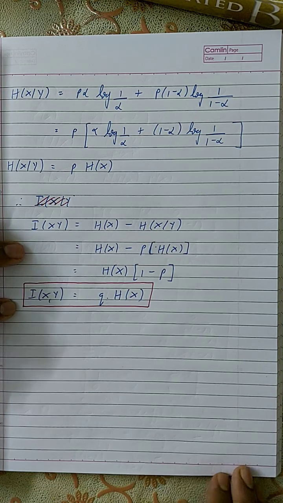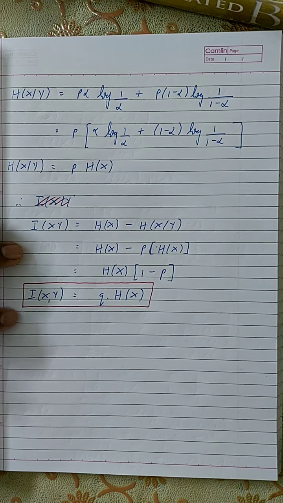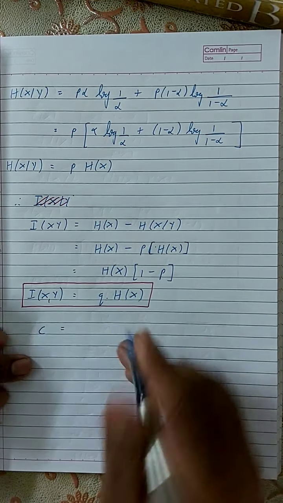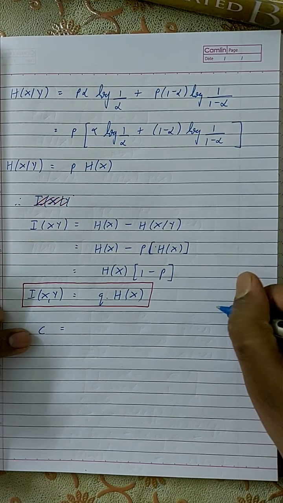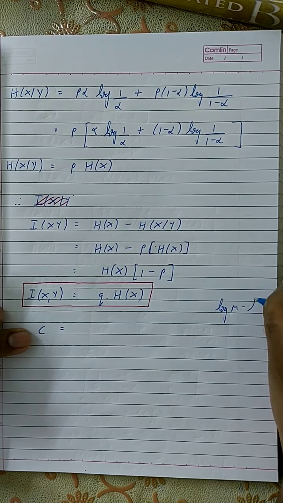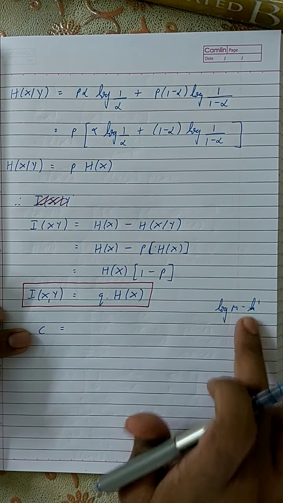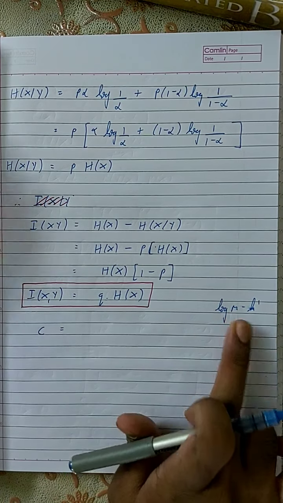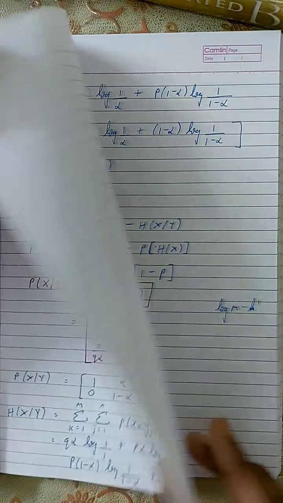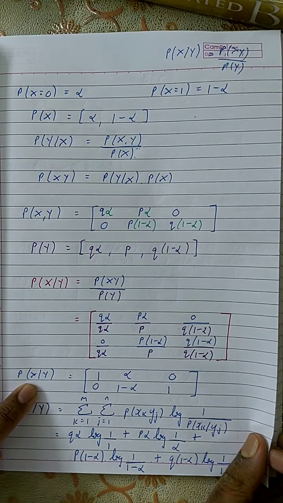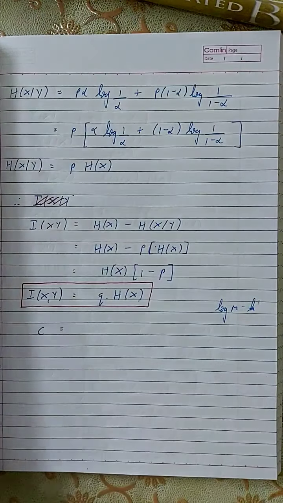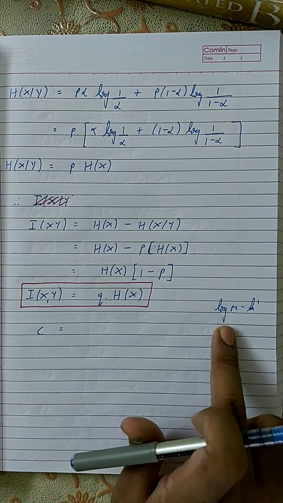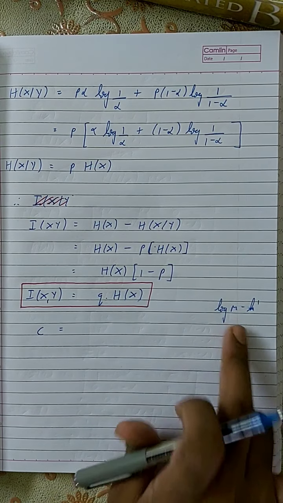So here this is the H(X). Now, how do we find the value of the channel capacity? We know the equation for channel capacity, but to find it, you cannot use the equation log m minus H dash. You can only use this equation when P(X|Y) is symmetric, but P(X|Y) is not symmetric here, which means you cannot find the channel capacity using log m minus H dash.